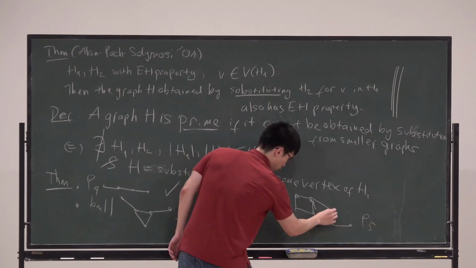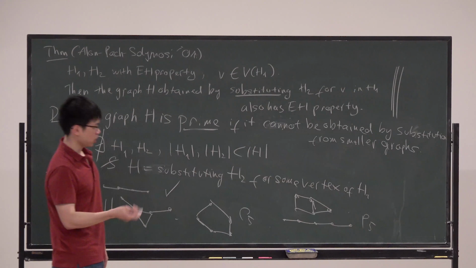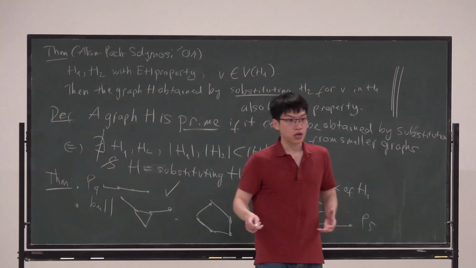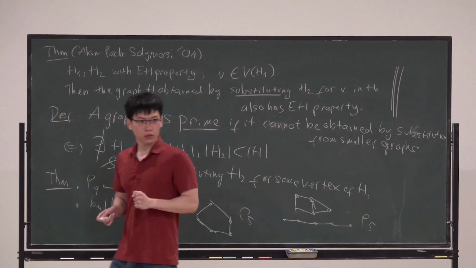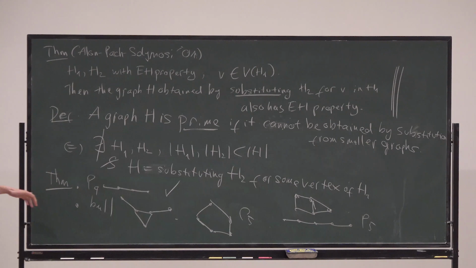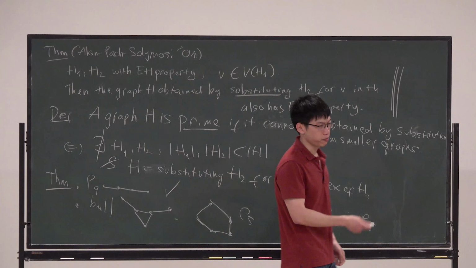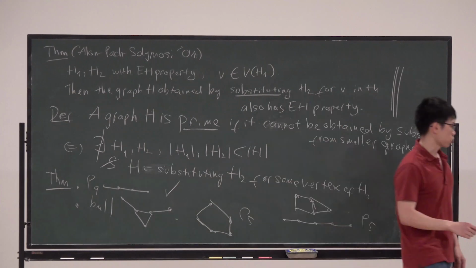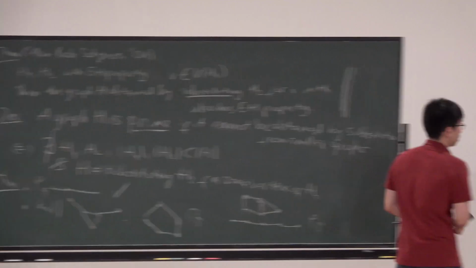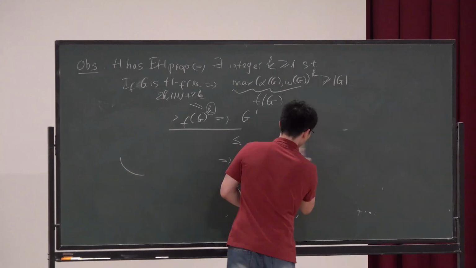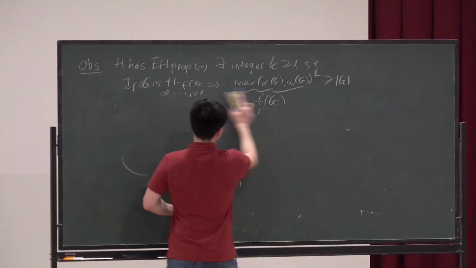And of course, since we are talking about the Erdős-Hajnal property here, you maybe already realize that it suffices to consider pairs of complement graphs, right? Because the graph H has the Erdős-Hajnal property if and only if its complement does. So these are the 3 prime graphs on 5 vertices, and actually it took a couple of decades just to verify the Erdős-Hajnal property of these graphs. So let me do a bit of survey here. So the bull